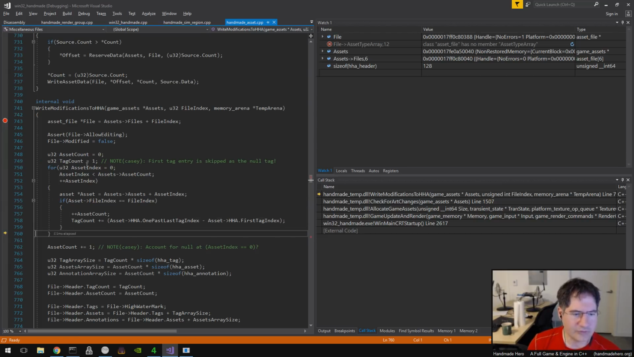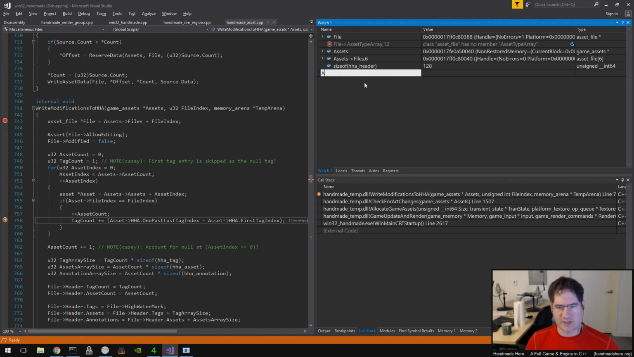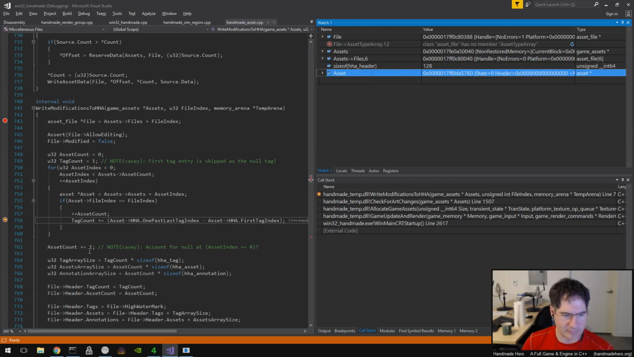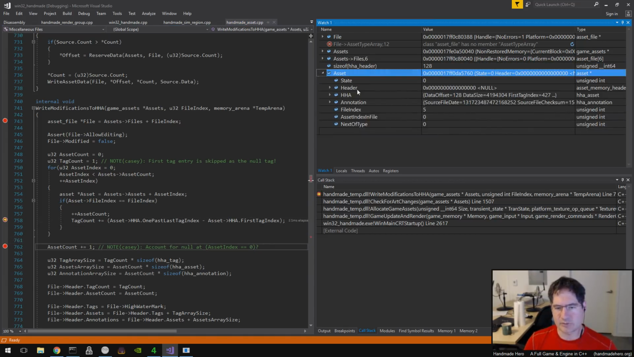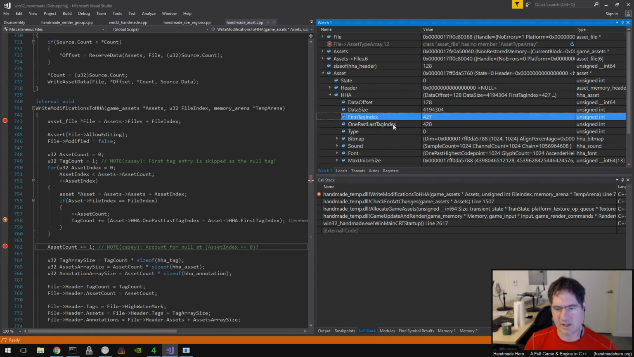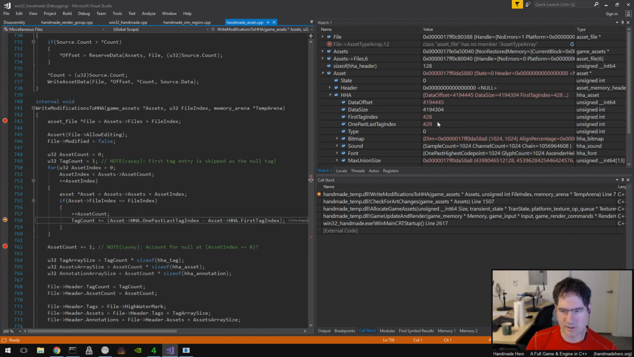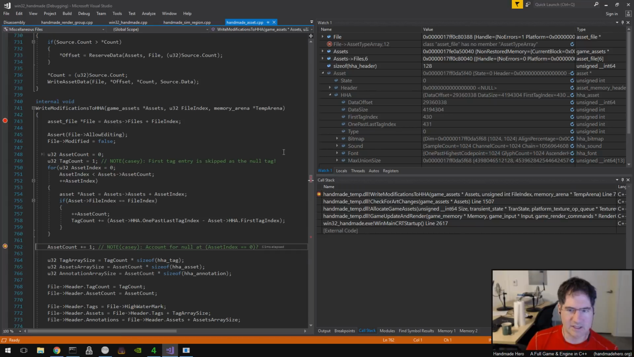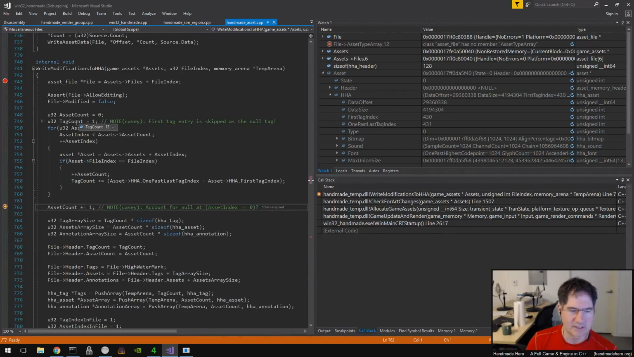All right, so first thing we want to know is how many assets do we have, and we want to count our tags. So let's take a look. Here's our asset that we're looping over. I'm going to set a breakpoint here as well. You can see inside the HHA data, it's got the tag information here. It is one tag per. In fact, all of these are one tag per, right? So the tag count is looking pretty accurate there. So we get 13 tags and 13